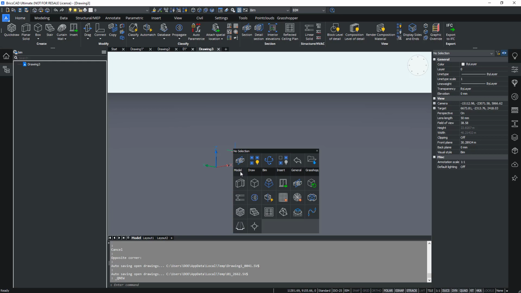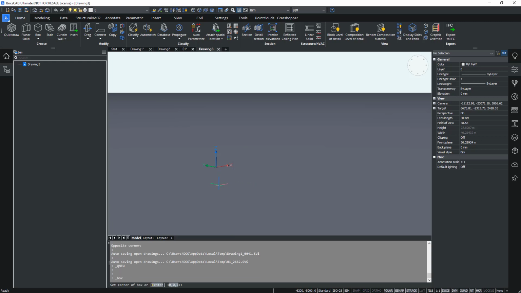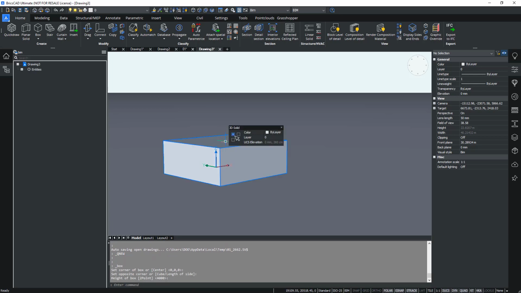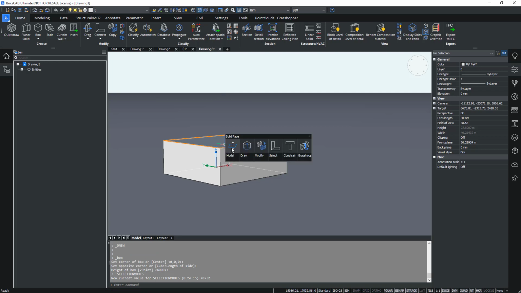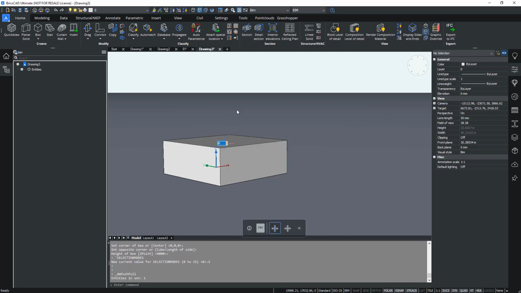You can move over to the model tab and there click the box icon. This is the box command, and you can simply launch it from the quad and start drawing a box immediately. Now hover over one of the faces. To do this, make sure that the prioritize selection of faces is on, but more on that in just a bit. As soon as you hover over the solid face, the quad cursor will appear, and you will be able to, for example, push-pull a certain face from the model tab once again.